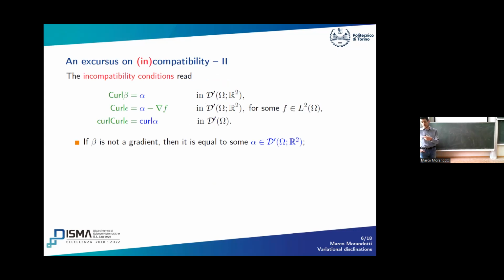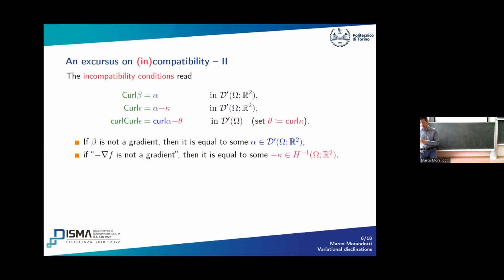And then the fact that beta was not nabla U anymore propagates through the other conditions in the following way. You trace the color and you see where it propagates. And then you can also have failures if this nabla F is not really a gradient, but something different. If we do this, then it must be equal to some element in H minus 1, and this propagates to the double curl in the following way.